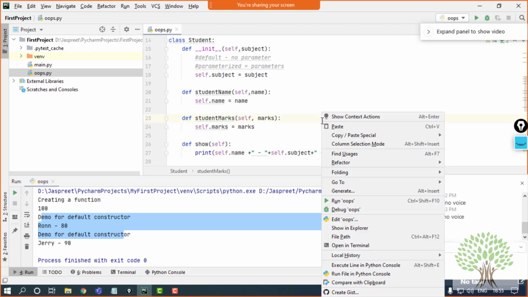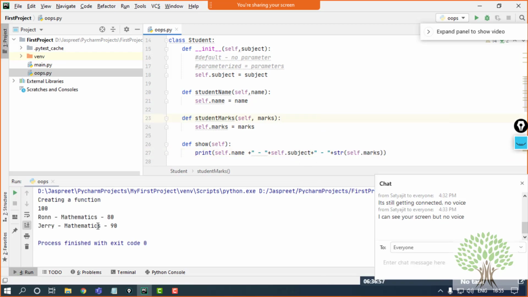Now if I run this, you can see in the console that the subject which I passed is displayed. This is how the object, the classes and the constructor work together.